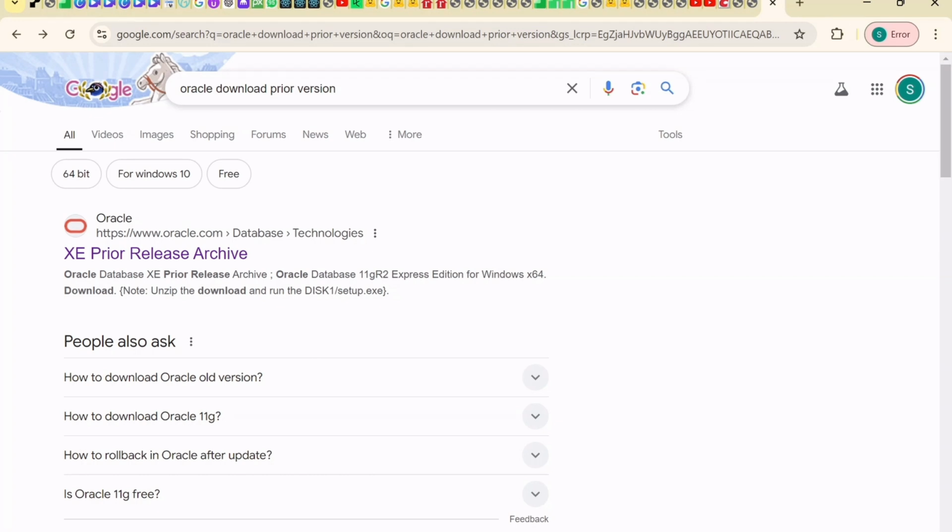I mean, we are taking a previous, old version, Oracle 11G. So it will work smoothly on our home, I mean, we are using Windows, so the Windows Home version. So we are not using the professional. If you are going for professional, we can download the latest version. But for the Windows Home version, we can use this one, like 11G. So click here